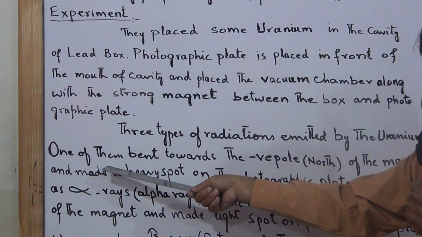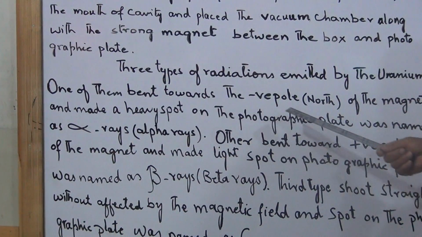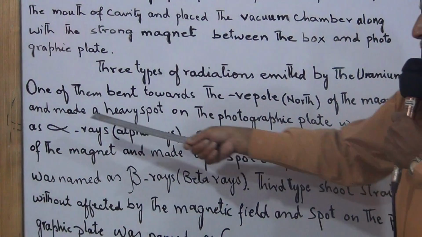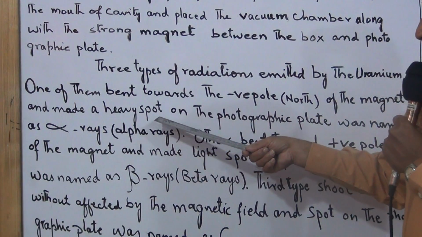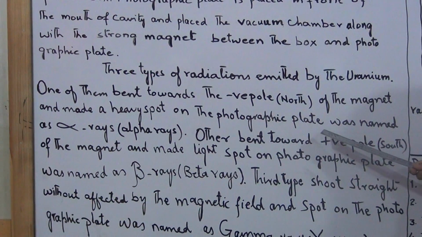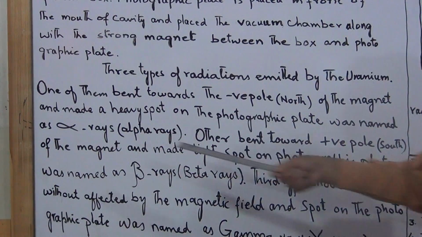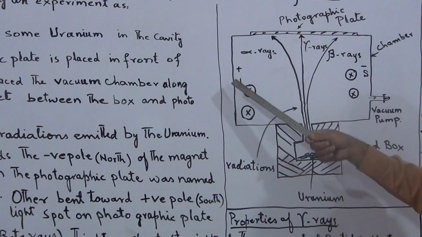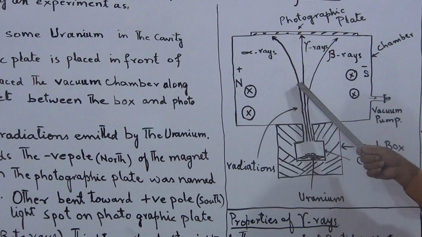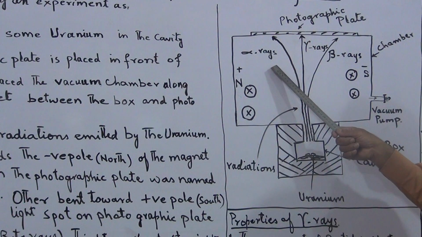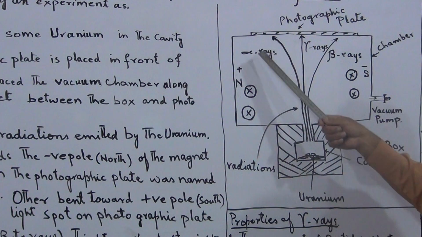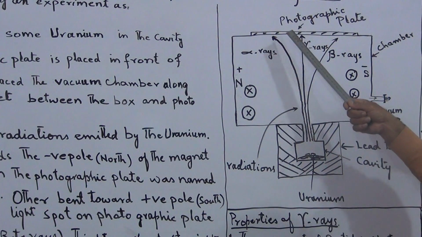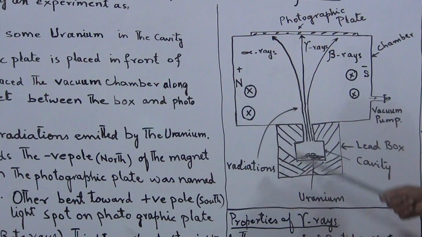One of the radiations bent towards the negative pole, meaning the north pole of the magnet, and made a heavy spot on the photographic plate. It was named alpha rays. Look, this is our north pole, and this radiation, which is named alpha rays, is bent towards it, meaning it is bent towards the negative pole. So,